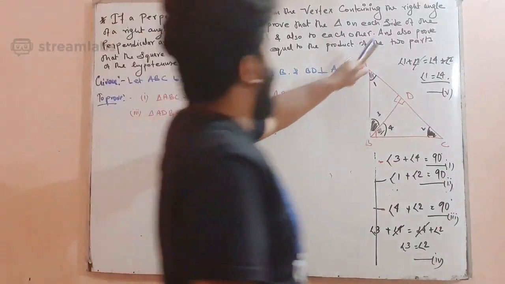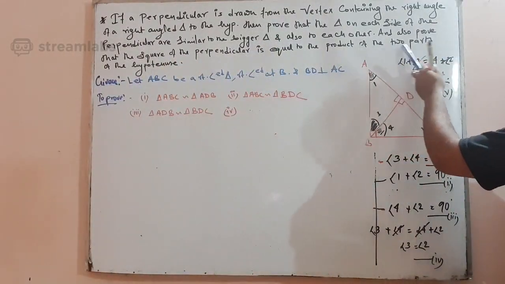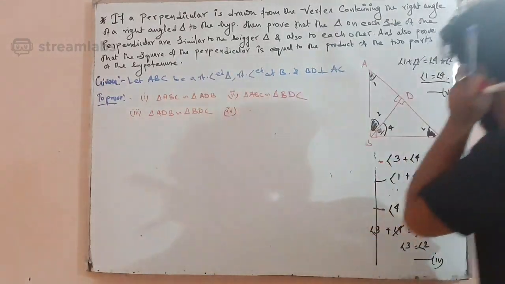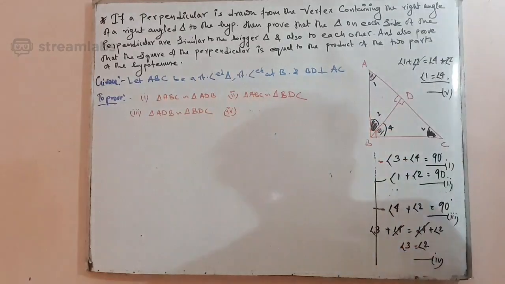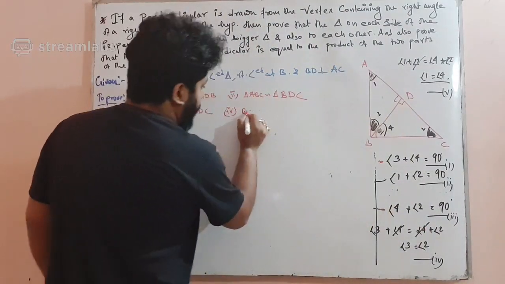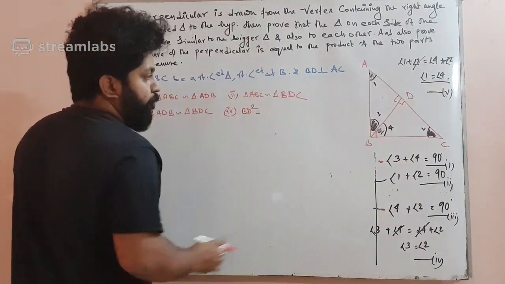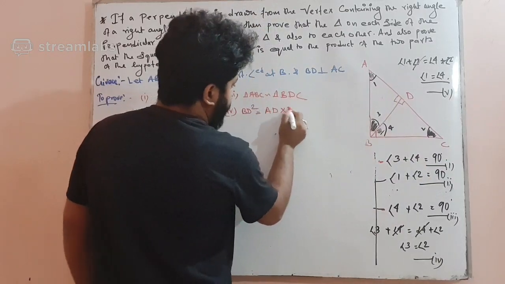अब नंबर 4th प्रूफ ये है कि एंड ऑल्सो प्रूव दैट द स्क्वायर ऑफ द परपेंडिकुलर इज इक्वल टू द प्रोडक्ट ऑफ द टू पार्ट्स ऑफ द हाइपोटेन्यूज। तो स्क्वायर ऑफ द परपेंडिकुलर, हमारा परपेंडिकुलर BD स्क्वायर, सो इफ BD स्क्वायर देन दैट इज इक्वल्स टू AD into DC आना चाहिए, है ना।